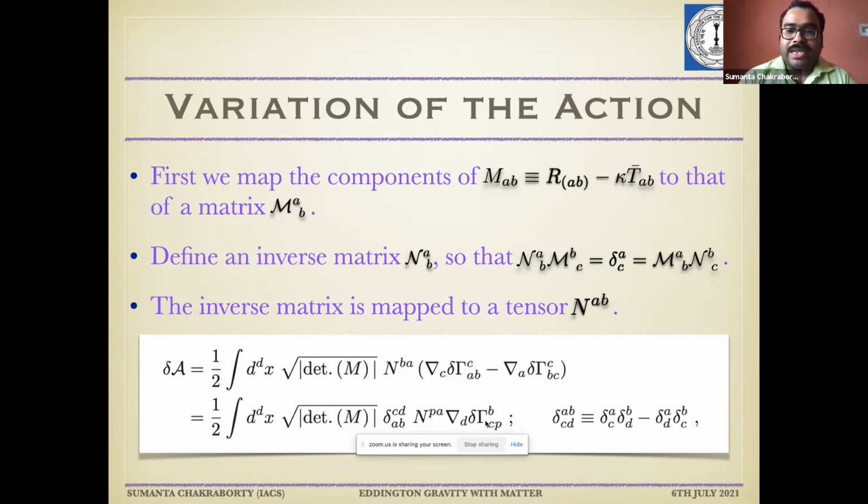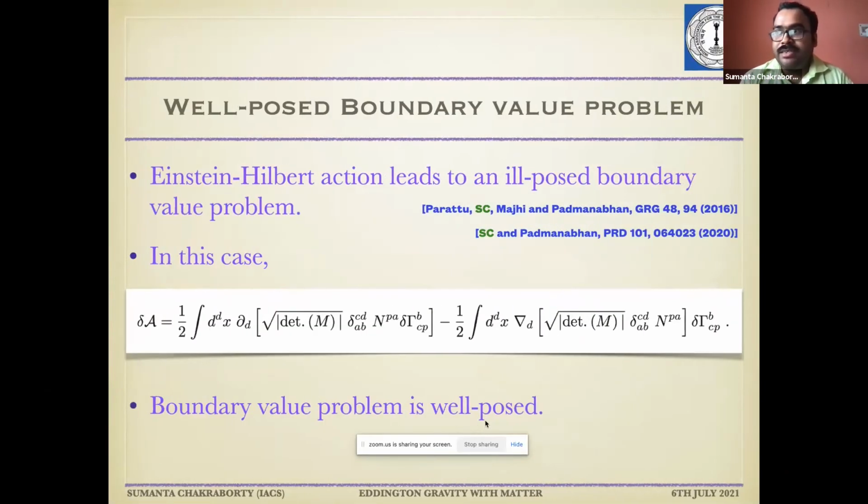However, for Einstein-Hilbert action, there are unpleasant surprises. In particular, it is well known that the Einstein-Hilbert action actually leads to an ill-posed boundary value problem. What I meant is the following. If you vary the Einstein-Hilbert action, then you have two terms again. The Einstein's equations are of course there, which is a second order equation in the metric. But what you fix on the boundary are metric, its tangential derivative, and its normal derivative all together, which of course is not consistent with a second order field equation like Einstein's equation.